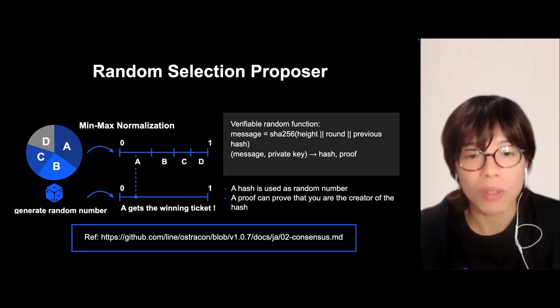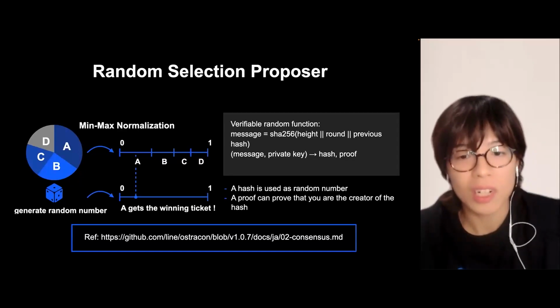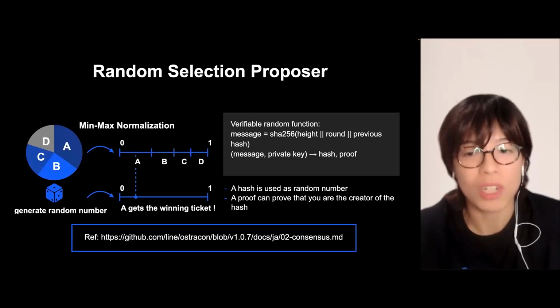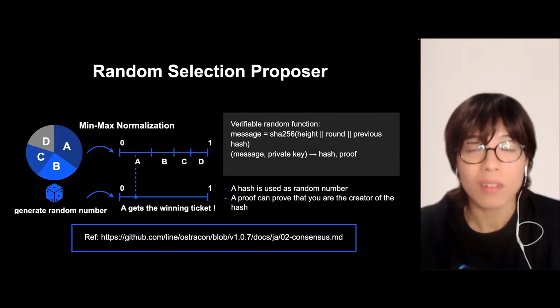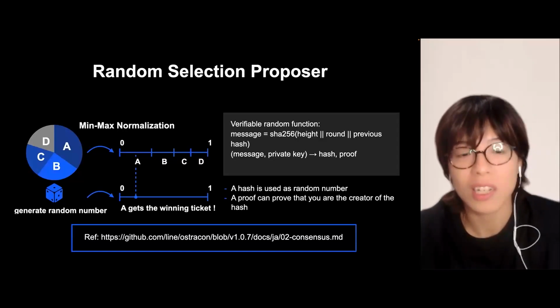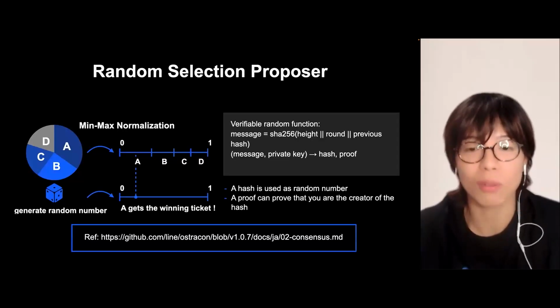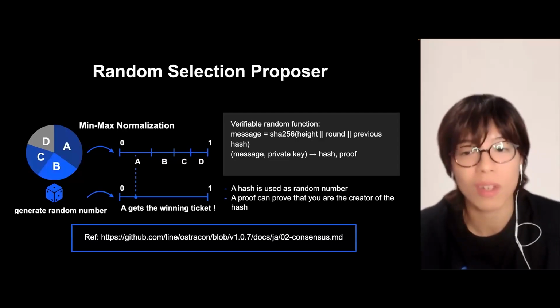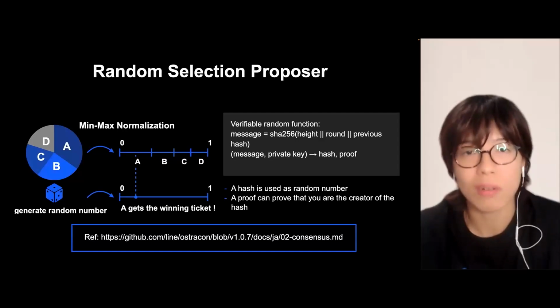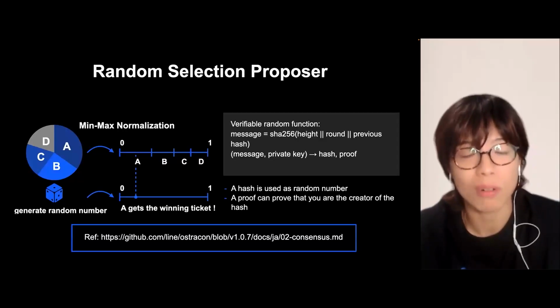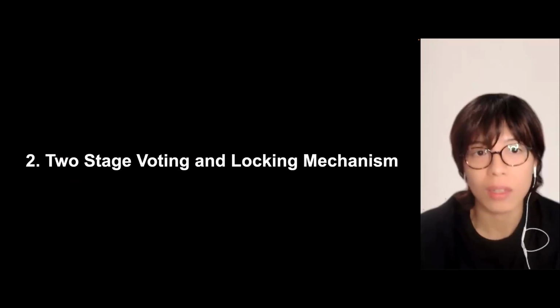The participants of the chain have a volume of stake, and it is normalized to between 0 and 1. The VRF output is utilized to generate a random number. When the random number is normalized, the participants falling into that range will be selected. The random number and the necessary proof will be prepared. By this process, the proposer of the block will be randomly selected, and at the same time, they can prove that they were selected. Could you take a look at the more detailed information?